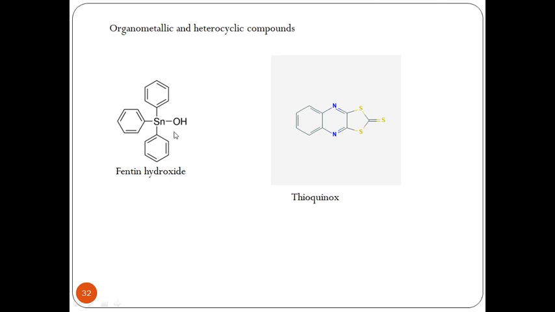Now in fentin hydroxide, I can observe in an IR spectroscopy, OH between 3300 to 3400. We can observe C double bond S in the IR in thioquinox. The rest of the system will be observed in a proton NMR for these benzene systems between 6 to 7, and in the C13 I can observe that they will go into a bit of a downfield shift because of the presence of this metal in fentin hydroxide, which is a tin metal. So in this way acaricides could be studied. Thank you.